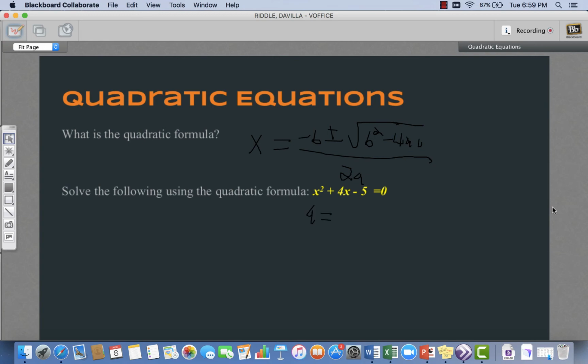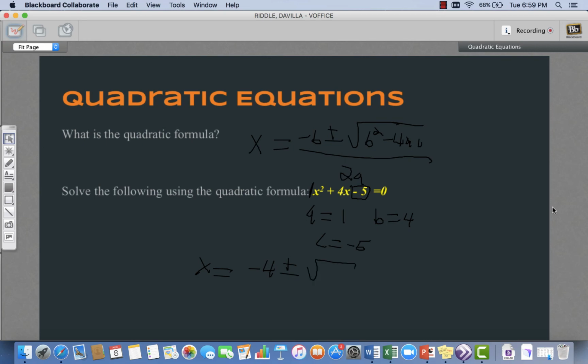We'll start off with what they are first. A equals 1, that invisible 1 right over there. B turns out to be 4. And c is actually negative 5. That's signified because we have a minus 5 right over there. So we can see that really quickly with the quadratic formula, we have negative 4 plus or minus square root